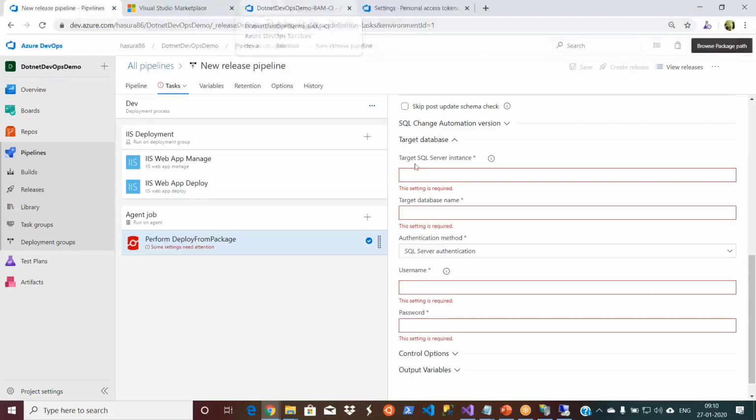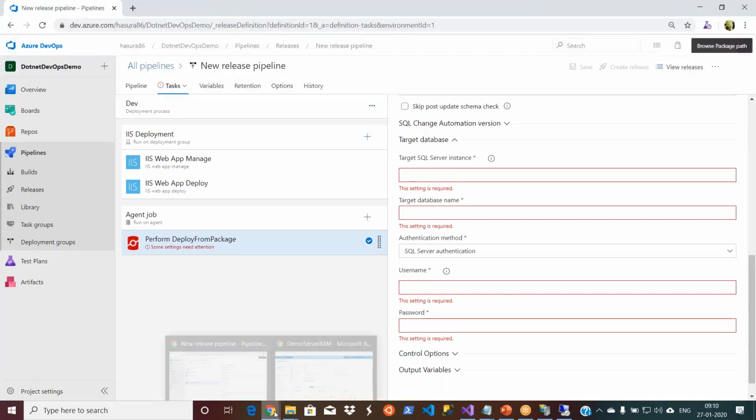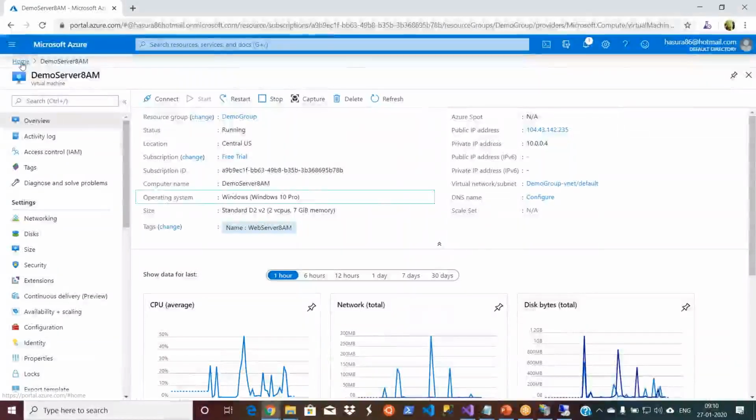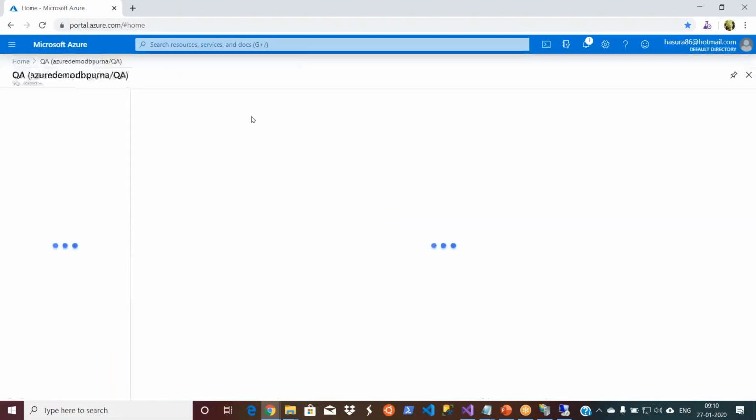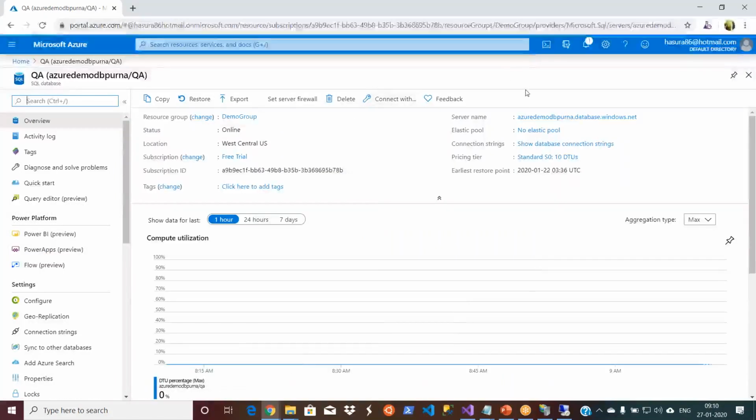Let me go ahead and take the SQL server name that I created. Okay, so I can go to my portal, portal.azure.com, and then let's go home. I can easily find it there. So this is my target QA. Of course, server name is same for both of the things. Okay, Azure demo Puna, this is the one. Let's click on copy to clipboard and come back to your